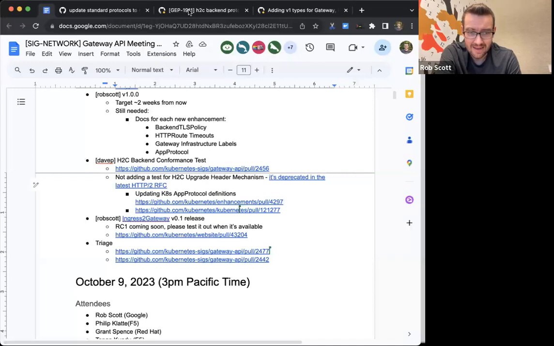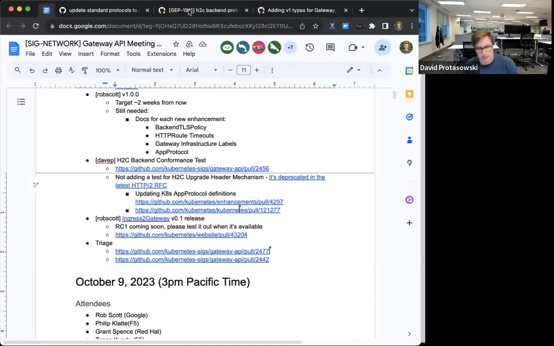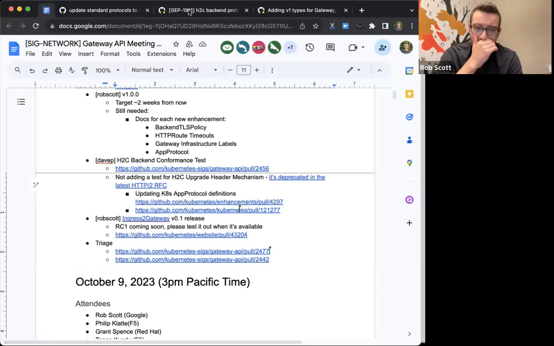Yeah, and the other thing I would highlight is the way that it's written in the spec: implementations can support WebSockets without the user specifying that app protocol. It is just a way to ensure they're supported. Cool.